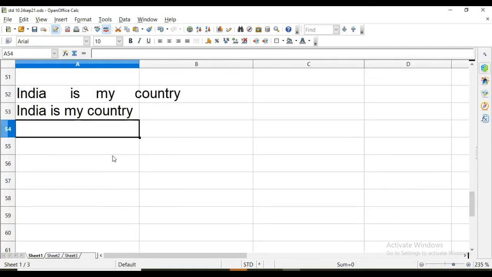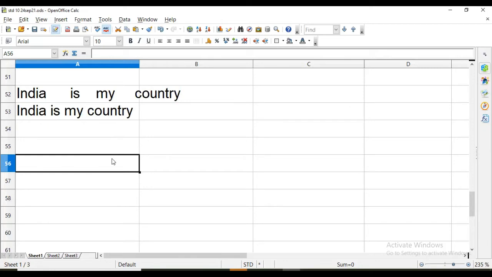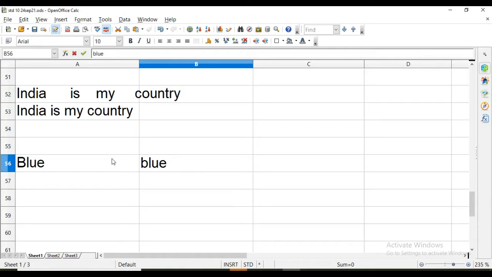Then we have seen how to compare different words. For example, blue and blue, and one is black.